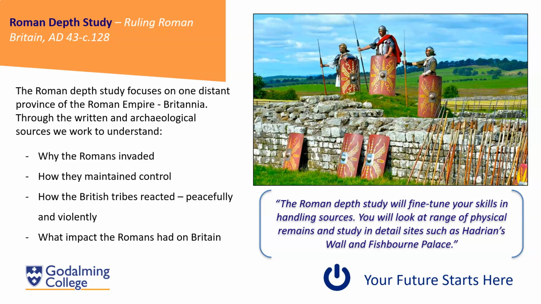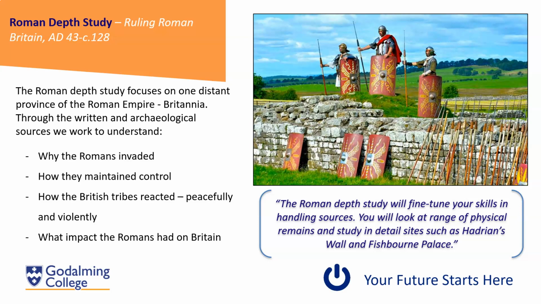Now, this focuses on one distant province of the Roman Empire, which the Romans called Britannia. And Britannia was not important to the Romans. It was not a priority. It was not an area they looked to conquer, particularly until AD 43. So we try to understand through archaeological sources, through written sources, why first of all the Romans invaded, why did they bother, how then they maintained control through military means, but also more subtle, more clever means as well,